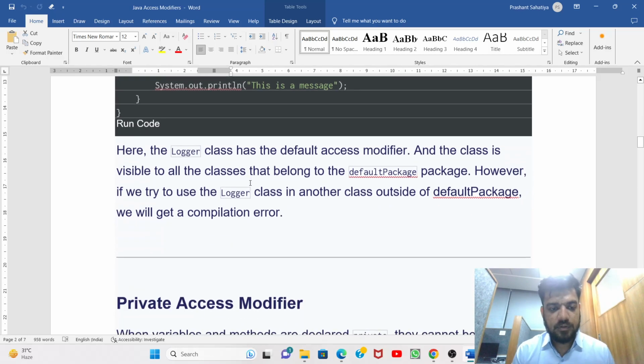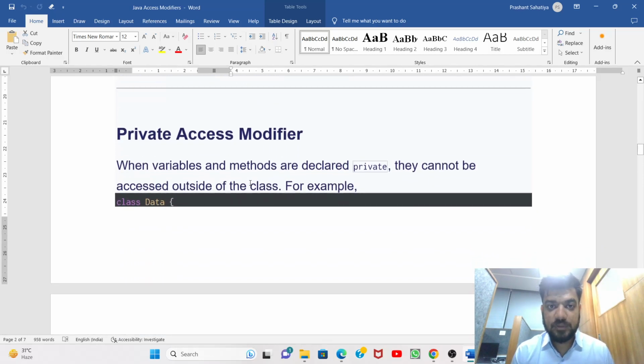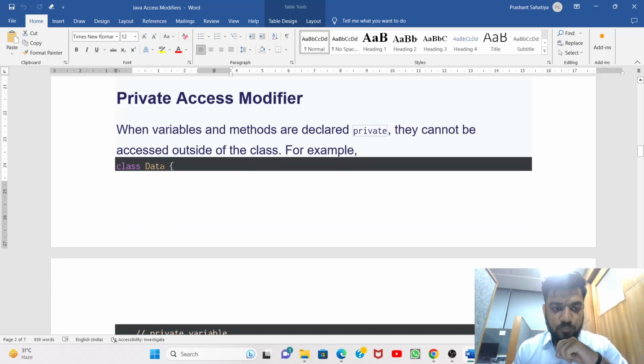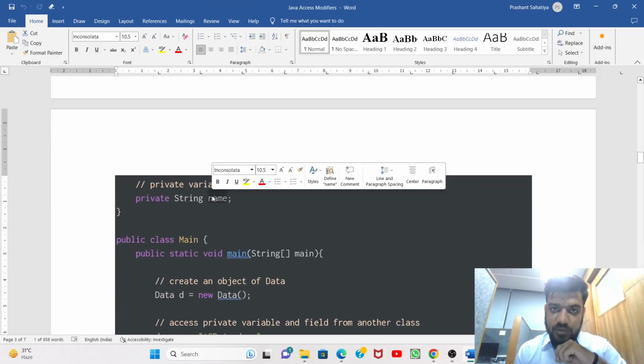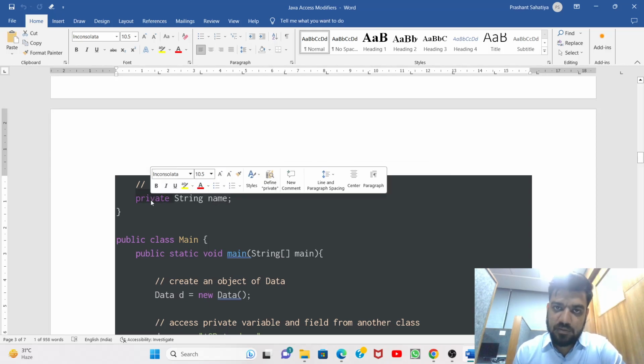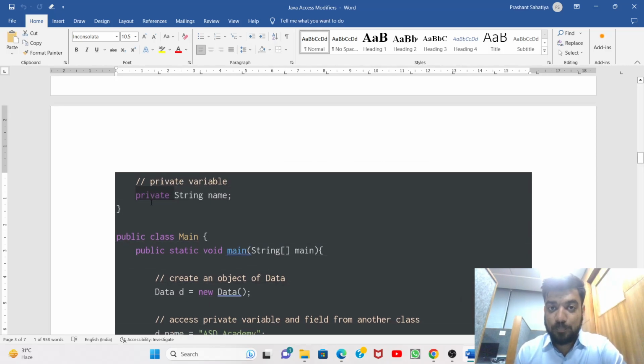I made you understand default. Let us go with private from a practical point of view. I have one class Data, in which we have a name variable. You can call it a field as well. It has a private access modifier. So this name will not be accessed after this particular bracket, the curly brackets, because it is the scope